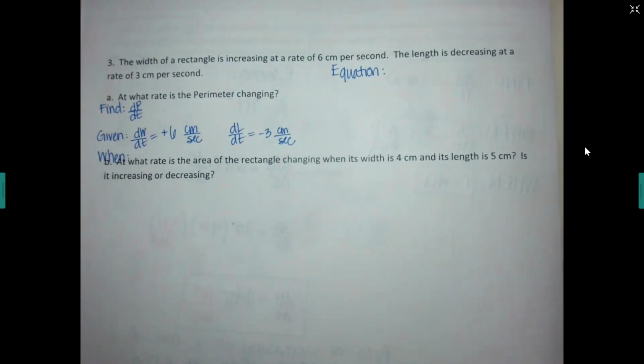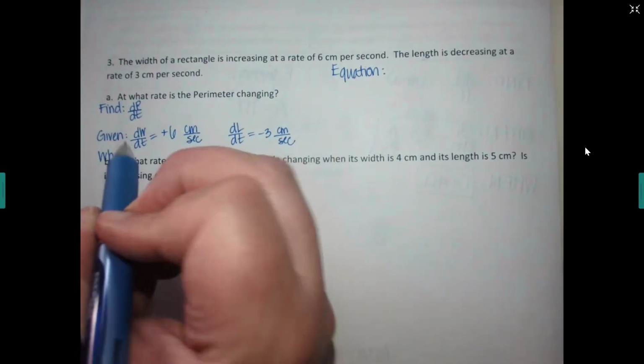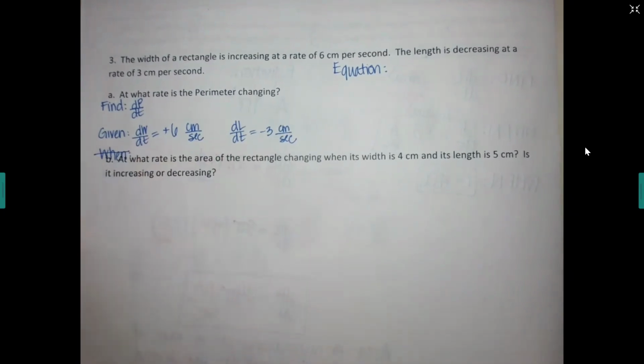Now, this question doesn't really give me a when, so I'm just gonna cross it out. Sometimes you'll have a when, sometimes you won't. So in this case, they didn't ever say when, so we're just gonna skip it. Okay, then for my equation, I need something that relates the perimeter of a rectangle to the length and the